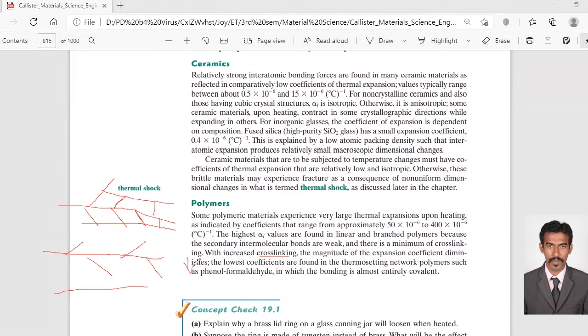So when these chain bonds increase, the thermal expansion will decrease, right? The lowest coefficients are found in thermosetting network polymers such as phenol formaldehyde, in which the bonding is almost entirely covalent. Phenol formaldehyde has a phenol, which means an aromatic chain is there. So here the thermal expansion value is so